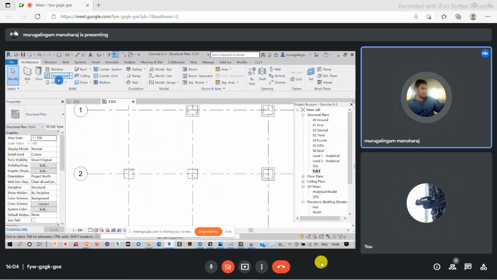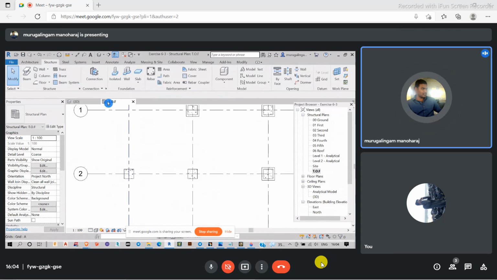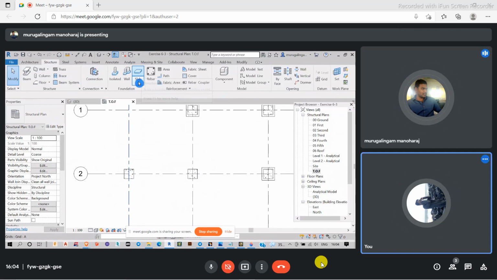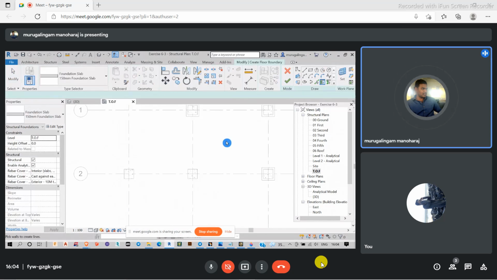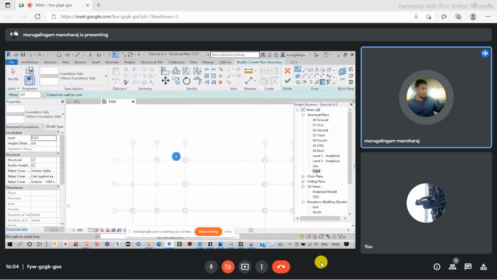What I'm going to do is, in the structure, I have an option called slab. That comes under the foundation options folder. I'm just going to click here. As soon as I click here, I get a drop of tools like this, and everything gets grayed out for me. Since you have used Revit Architecture, you will know what this means. We are creating some kind of profile. After creating the profile, only then will we be able to exit this.